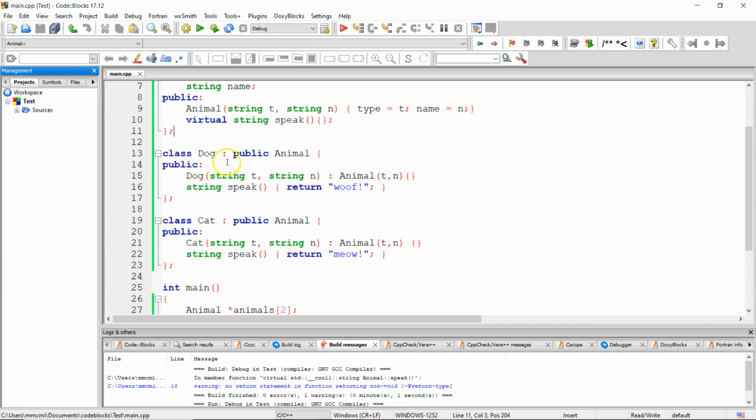Then I create a dog class that derives from animal. All it does is it has a constructor that calls the base class constructor to set up the type and the name. And then I implement the method, or the function, speak. So a dog is going to return woof. And that's it. Again, I'm trying to keep it very simple, just to emphasize the polymorphism, not the other